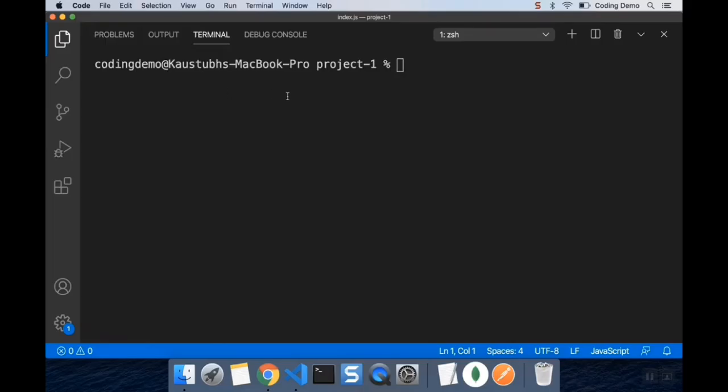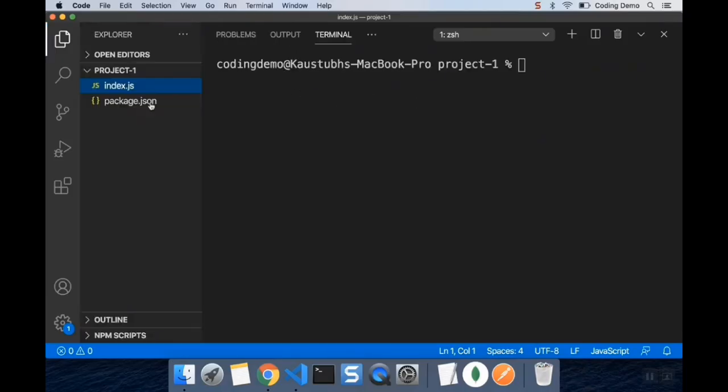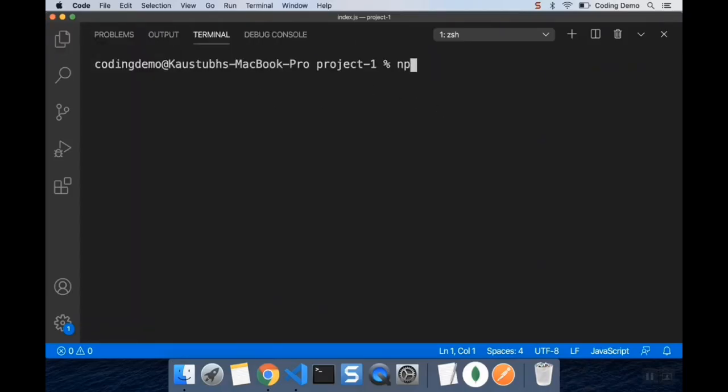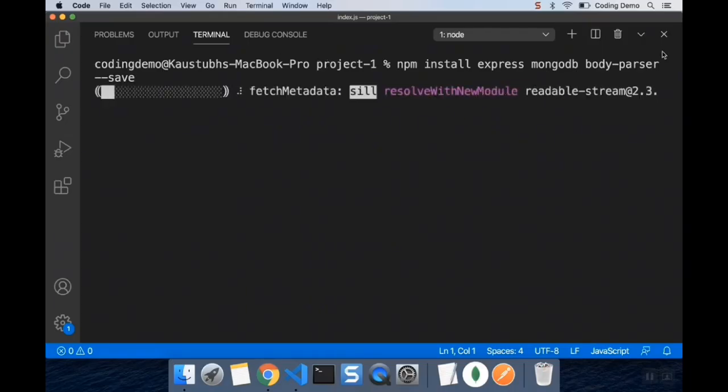So I'll just say npm install express mongodb body-parser, and I'm going to be using the --save flag so that these dependencies are added in my package.json file. I'll just press enter,